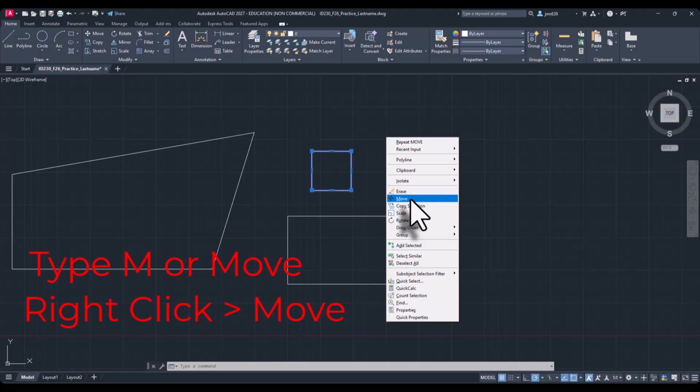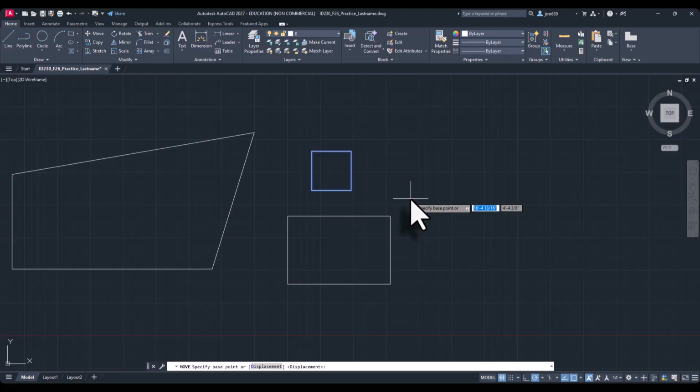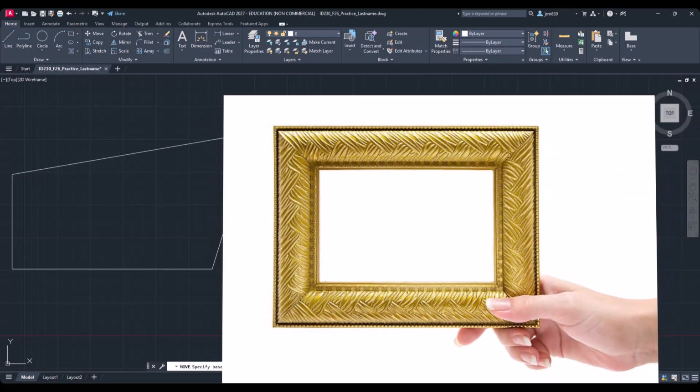This panel is called a shortcut menu or the right-click menu. So I'm going to go ahead and do the right-click menu. Once that command has been instigated, your dynamic input says that it wants you to choose what's called a base point. To explain a base point, I want you to imagine picking up a picture frame to move